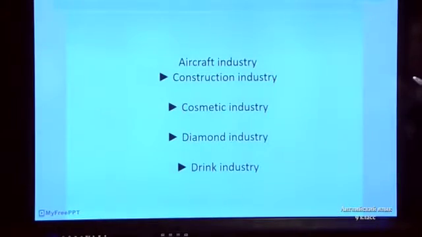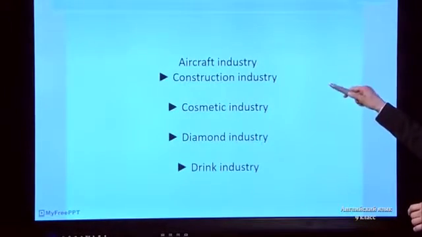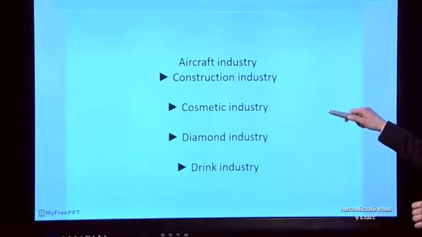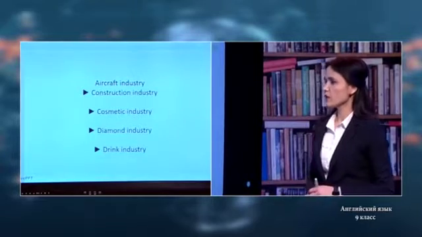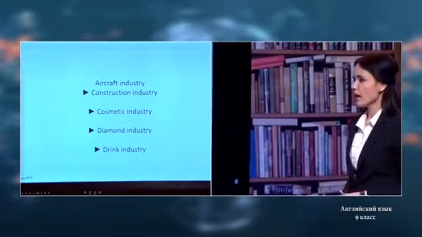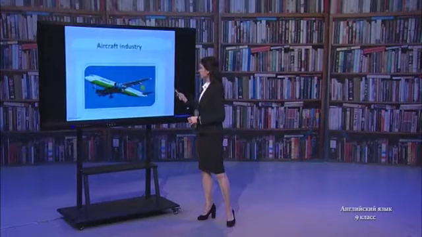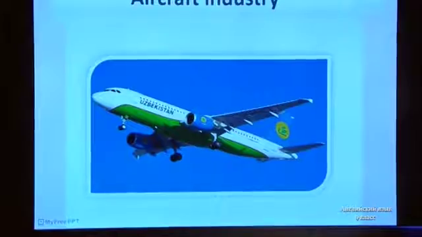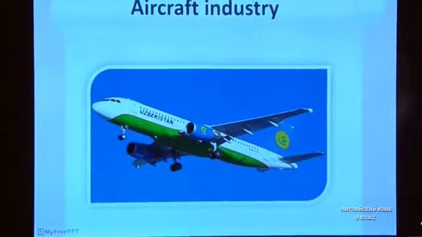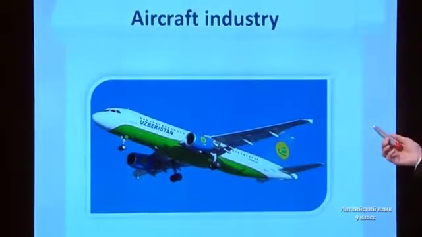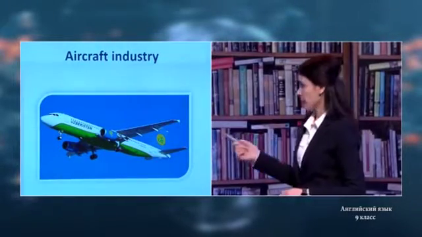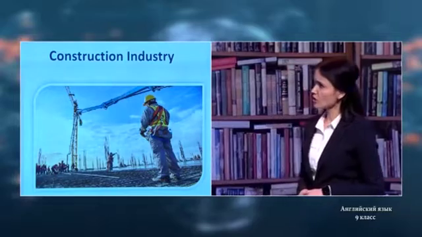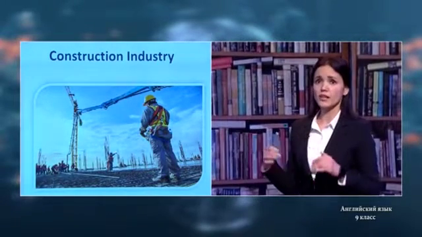For example, let's talk about industries. There are too many industries, but I'll list a few of them. The first ones: aircraft industry, construction industry, cosmetic industry, diamond industry, and drink industry. If you have no idea about the aircraft industry, it refers to manufacturing and producing airplanes. Construction industry means building high